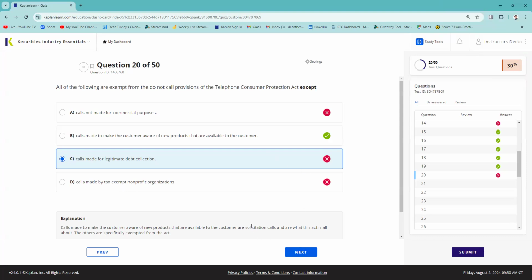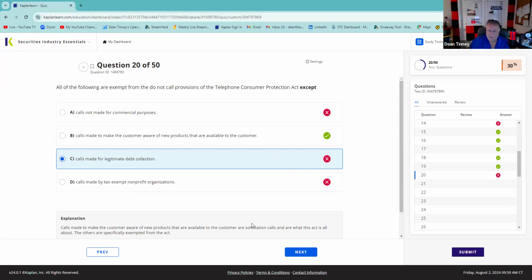I don't think this is going to be the test question. What you need to know about the Telephone Consumer Protection Act is we're not supposed to call before 8 in the morning or 9 in the evening. It's wherever the phone is ringing, stupid but testable. And the other thing we have to do is maintain a do not call list.